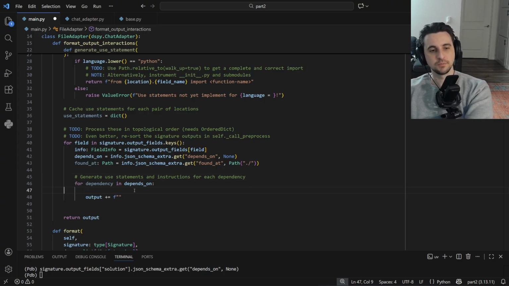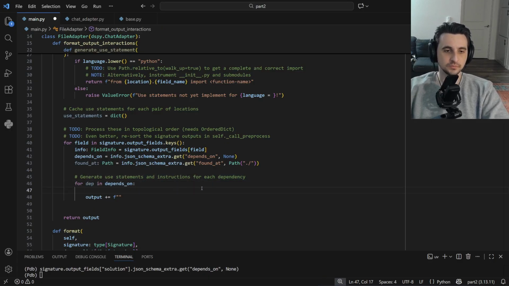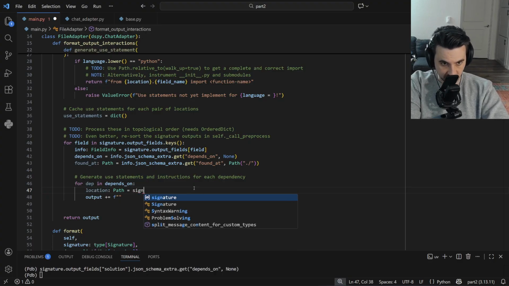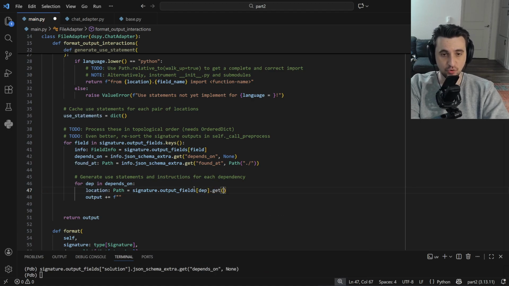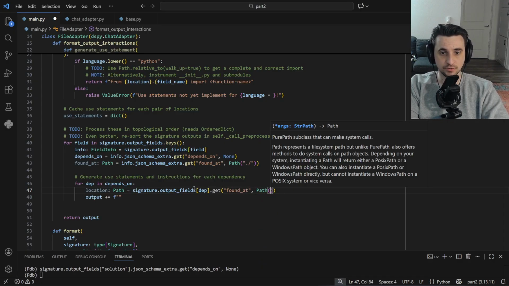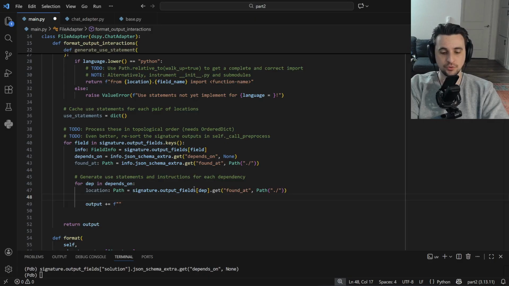Okay, so for each dependency that depends on, location will be signature, output fields of the dependency, found that, same thing here. Okay, and use statement will be, which is just an str, will be